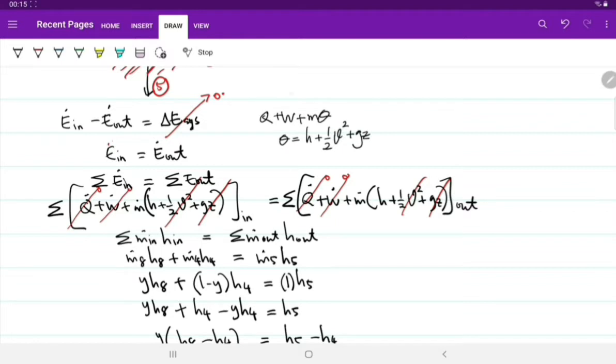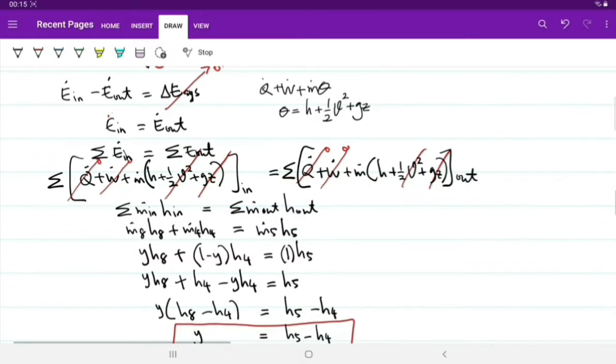Okay, and if we put the dot, everything becomes a rate, kilogram per second or kilojoules per second or kilowatt. So you can list down all the Q, W and m theta here,